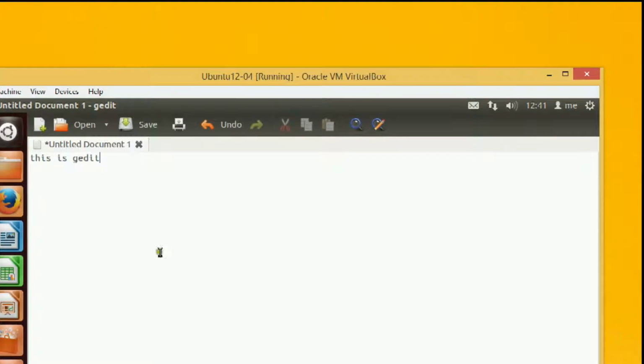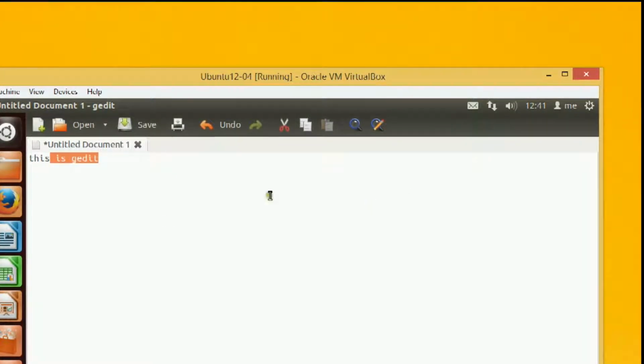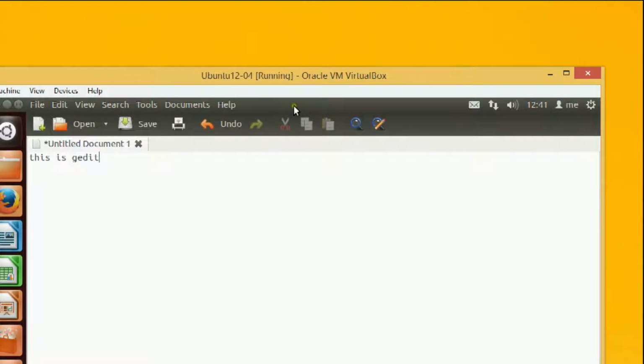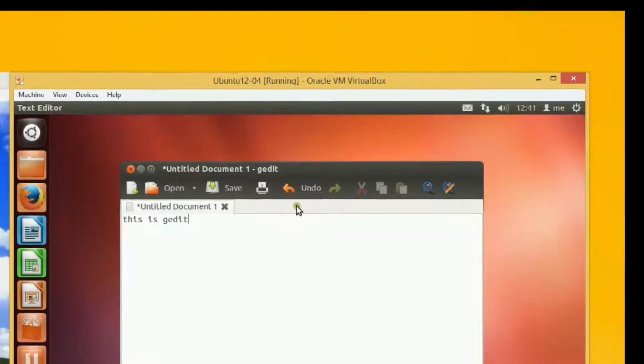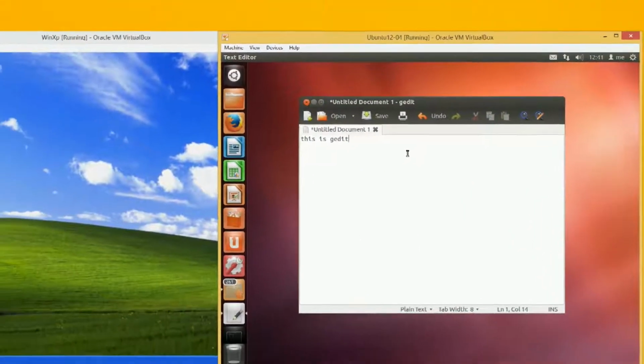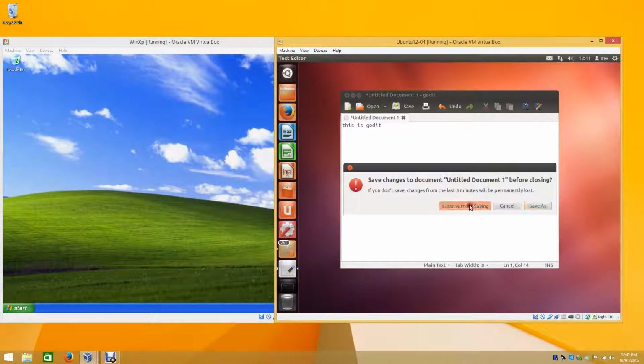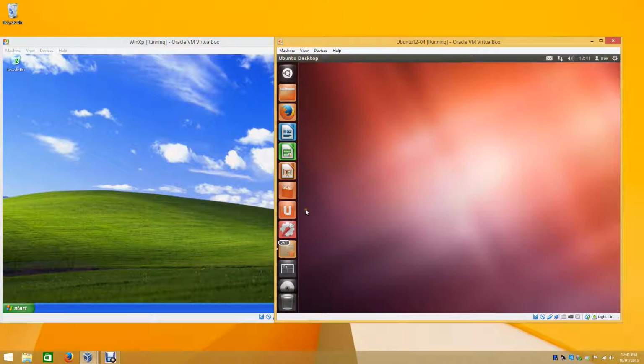So whilst I'm in the document down here, I can't see how to close the window. However, if I head up to the control bar here, this gives me all of my choices. I can also double click that to go back to a windowed format. Close without saving. Alright,